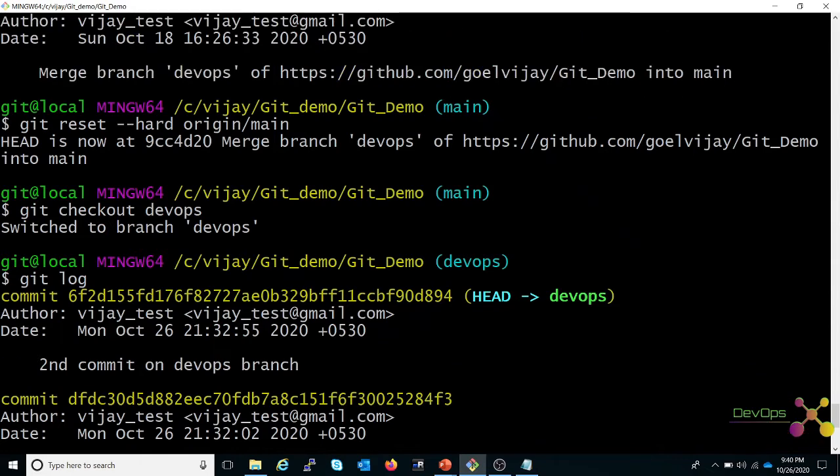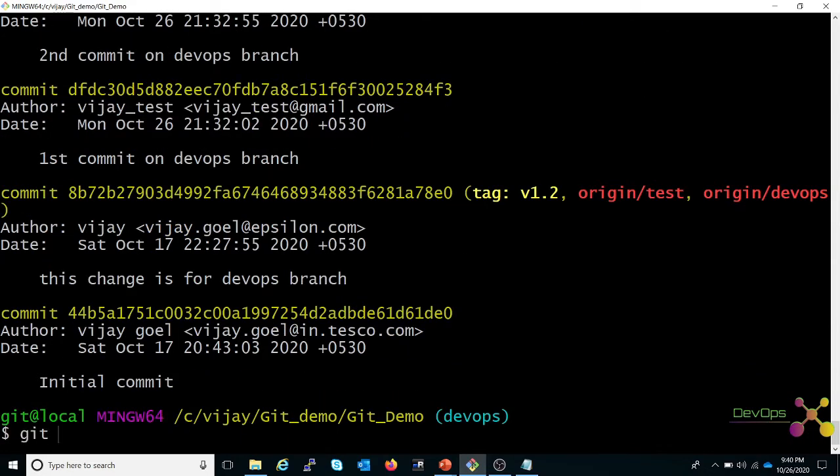Now we will start with the git rebase command. What is git rebase? Git rebase is actually doing the same thing. It is getting the changes from another branch into our current branch, whether main branch or master branch, keeping the history intact. It will not disturb the history, it will keep all the history, and on top of that, it will replay your commits.